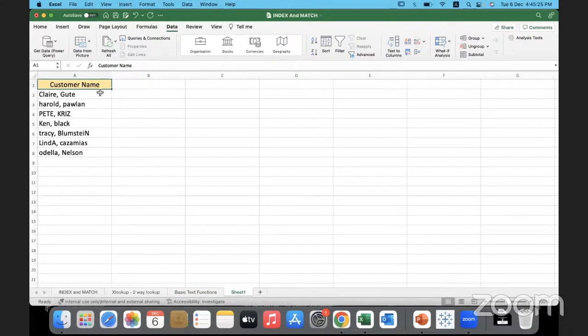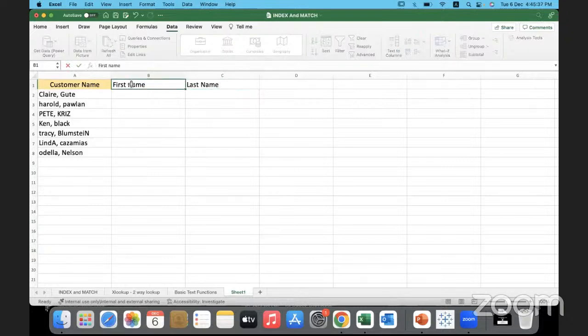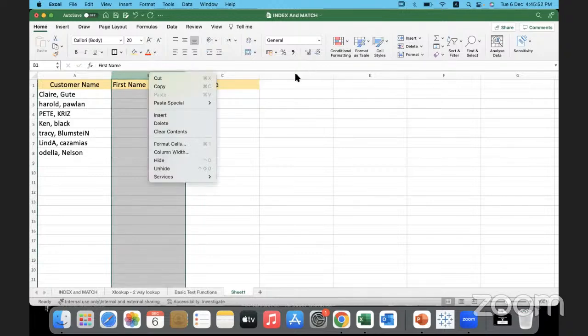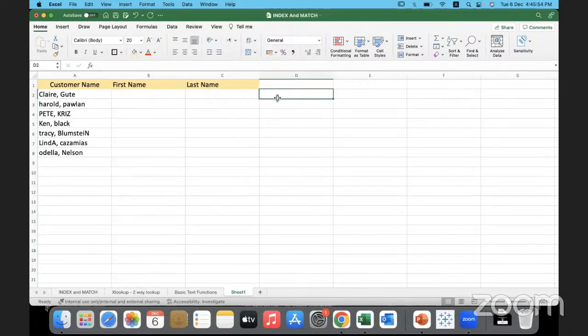So here what I'm saying is, supposing the name is given to you like this. Suppose the name is given like this, and I need to split it out into first name and last name. So how to do that? We will talk about how to split it. Again, simply because I want to introduce a few text functions to you all, I will do it in a slightly roundabout manner. Okay, first what I'll do here is,